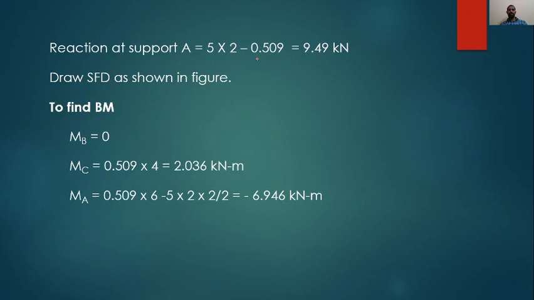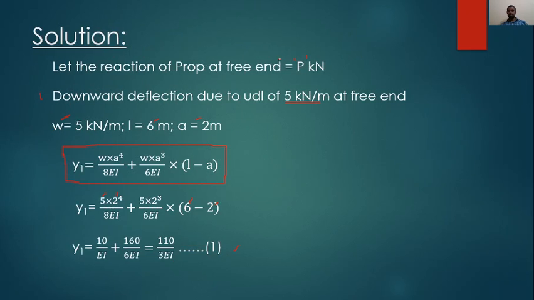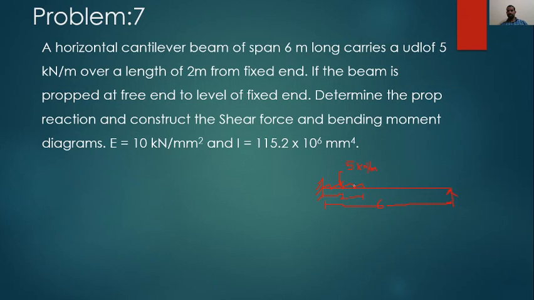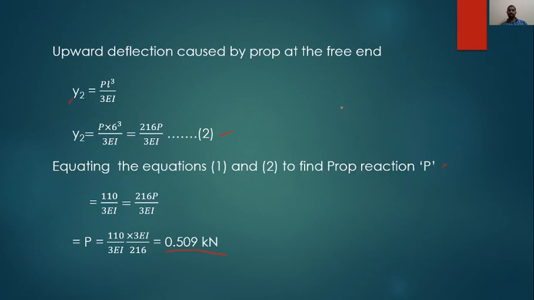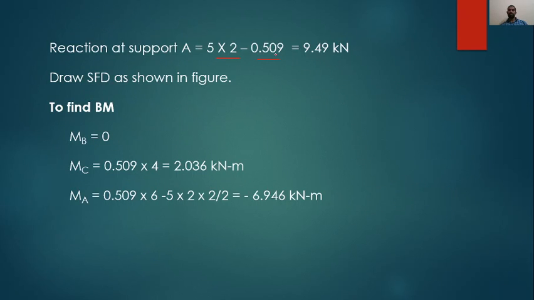Now having known the prop reaction, from the total load in this diagram, the total downward load will be 5 into 2, that is 10. So simply 10 minus 0.509 will give you 9.49 kilonewtons as the vertical reaction at the fixed support. Now with these values we can draw the shear force diagram, and then we'll move on to the bending